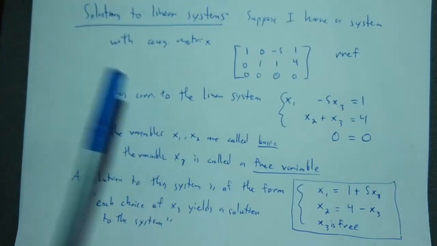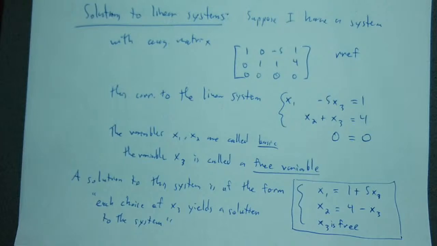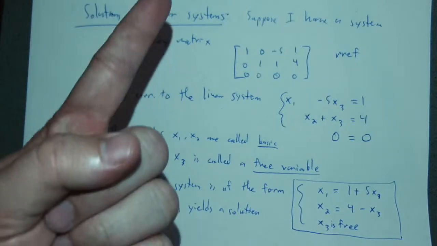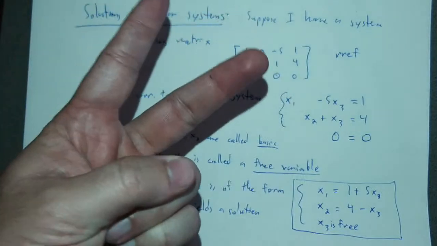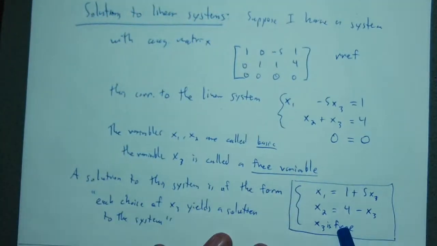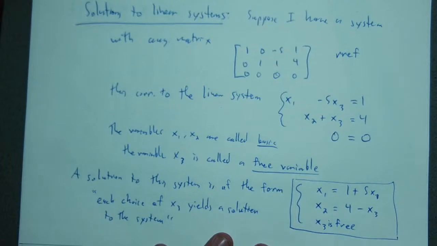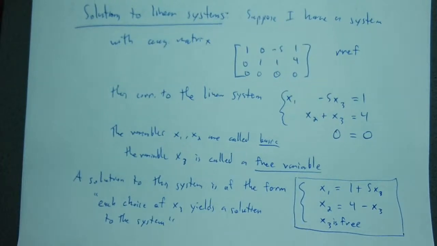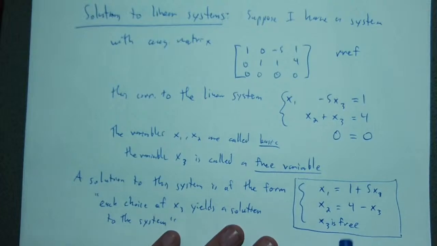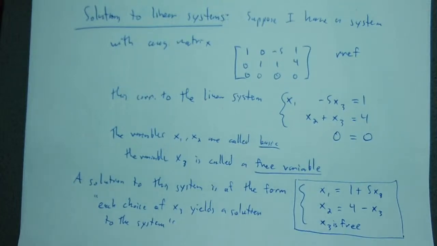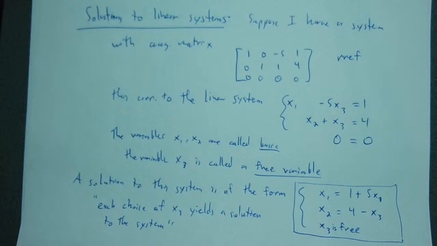Okay. So let's think about this for a second. We already know that for a linear system, the possibilities for solutions are no solution, one solution, or infinitely many solutions. So the existence of a free variable is exactly what causes this to happen, right? The existence of a free variable tells you you have a free choice here, and each choice yields a distinct solution. So there you go, right? This is the way that infinitely many solutions creep into this situation. Okay, so really quickly,